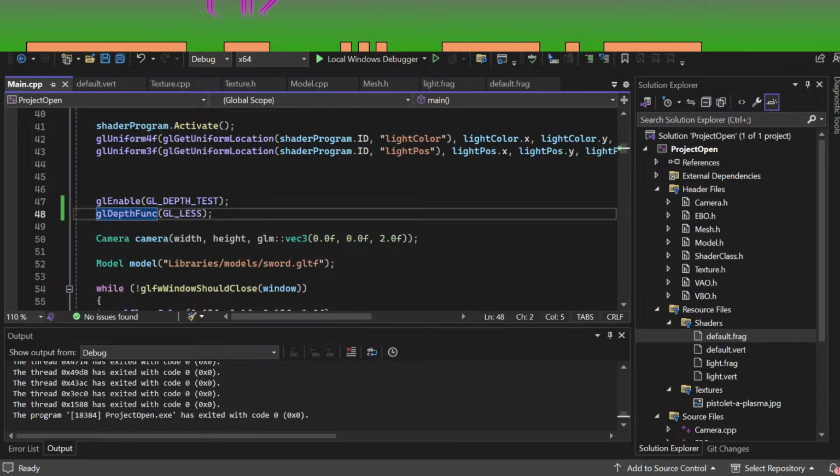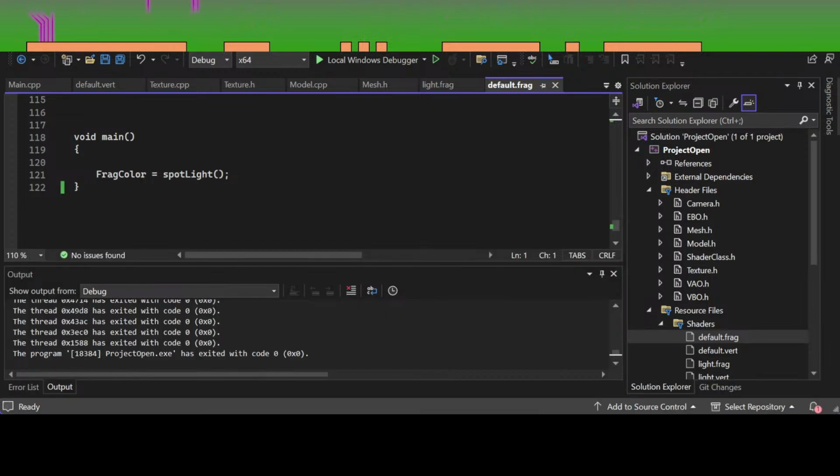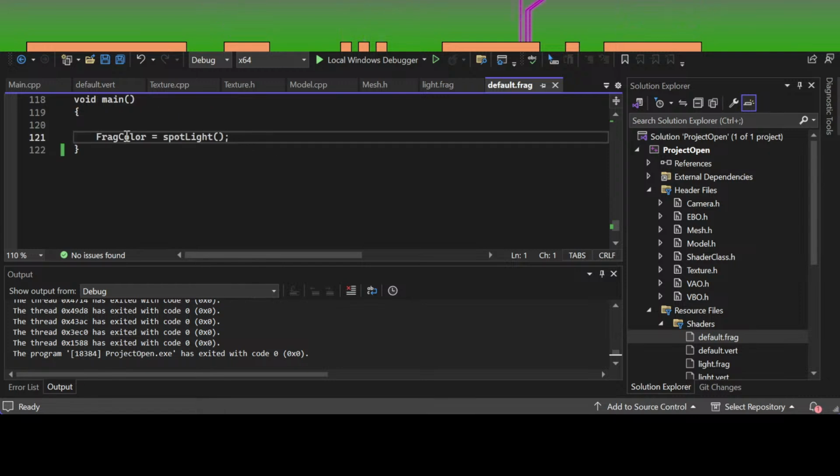In the fragment shader, we output gl_FragCoord's z component as the fragment color. The problem is that as soon as we press run, you'll notice that the screen is mostly pure white. The only